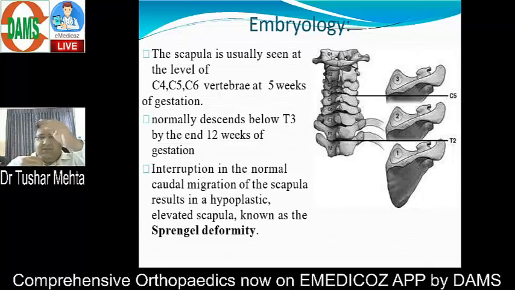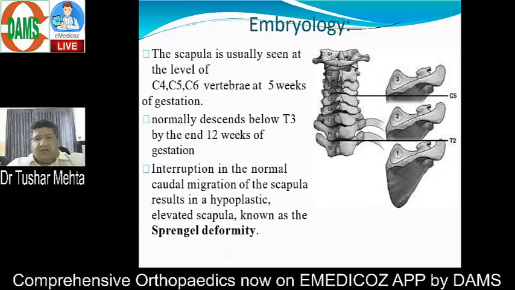तो आप इसको ऐसे समझ लीजिए, that 5th week and 12th week. So 5th week it is C4, C5, C6. 5th week it should be in front of C4, C5, C6. By 12th week it should come below, it should descend below T3. Now when this pattern is not followed, आप समझ रहे हैं मेरी बात को, when this pattern is not followed, that 5th week C4 to C6, 12th week before T3, if this pattern is not followed,